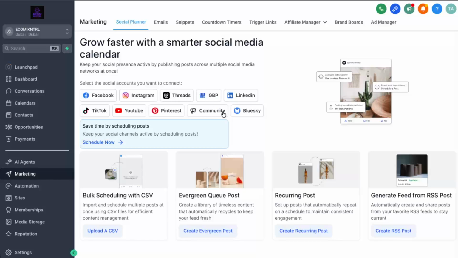outreach will happen here. Once you're inside the marketing section, look for an item related to social posting or social planner. Within that area, you'll see an option labeled GBP, which stands for Google Business Profile, previously known as Google My Business. Click on the GBP option. This is the doorway to connecting your Google listing with GoHighLevel so you can manage posts, see insights, and streamline